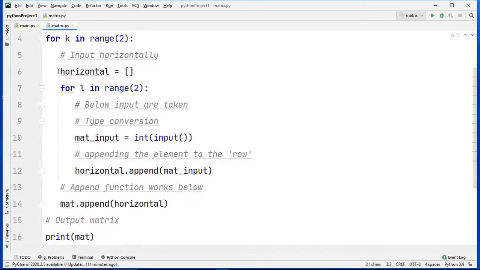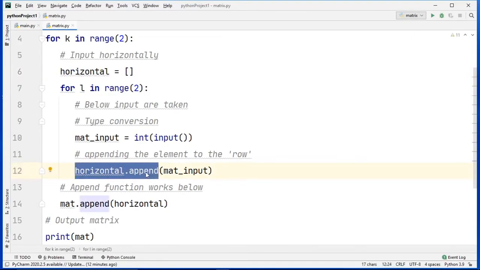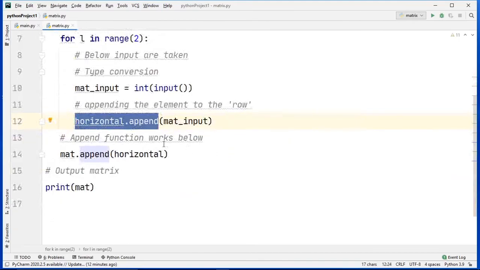Here we have again declared an empty list, which will help us enter elements in a row-wise fashion, and these two loops eventually will help us insert elements inside that 2 cross 2 matrix, which is nothing but a 2D list. Here you can see that every time in rows the append function is used, which helps to insert elements in the rows. So if you run this,